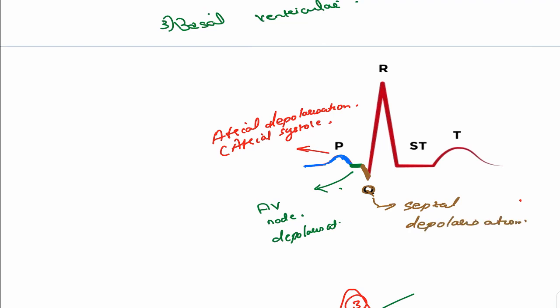Okay, septal depolarization. So far, this P wave is atrial systole or atrial depolarization. Then we had AV nodal depolarization, which is not picked up. Now we have a downward deflection, which is septal depolarization. So if there is any problem with the septum, this septal depolarization will take a different route. Maybe the current will be very low, septal muscles will be affected, or the septum will be affected. There won't be any deflection downwards. There won't be a Q wave. All these problems you can understand later on when we discuss the practical part, but this is very important to understand. This is septal depolarization.